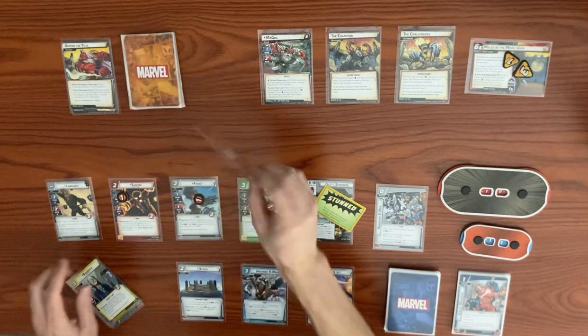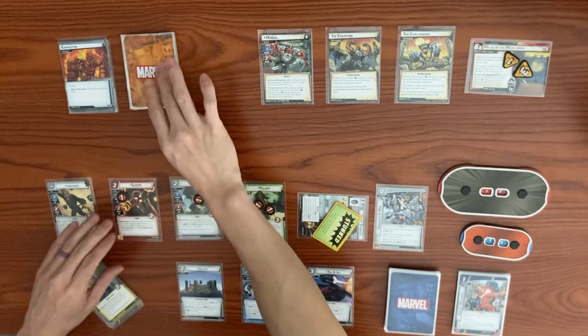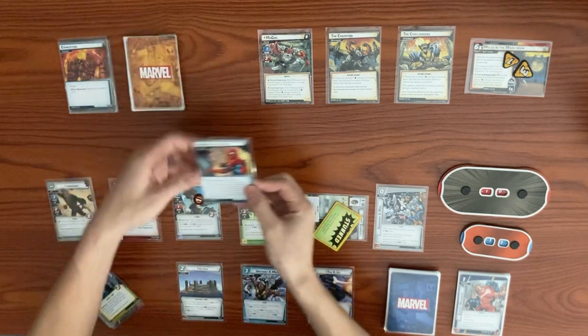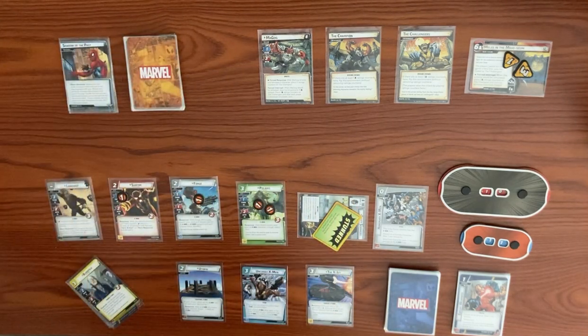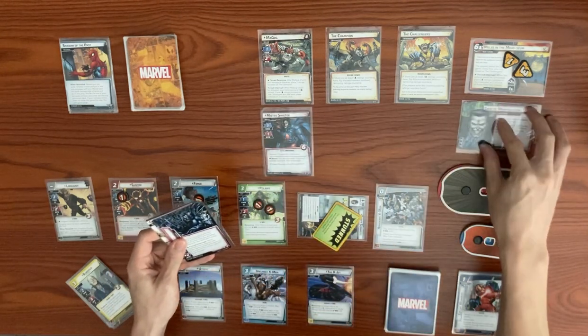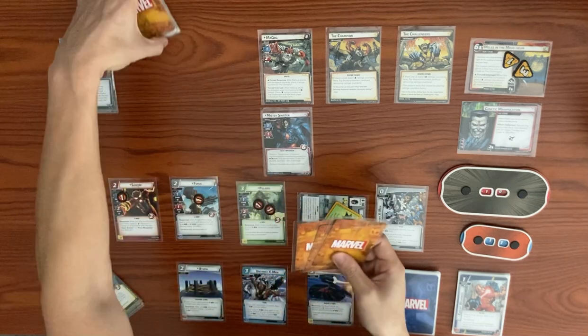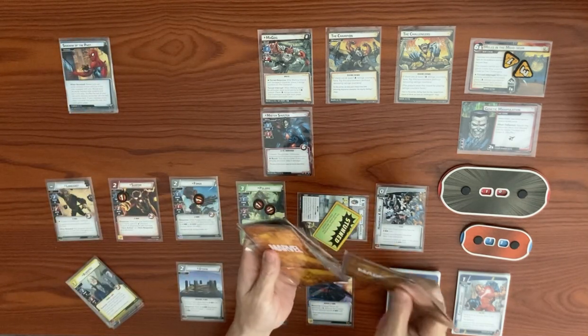So we get another encounter card here, which is Exhaustion. Exhaust your identity, and then that will Surge as well. Shadow of the Past. Okay, so we get Mr. Sinister coming in here. We get Genetic Manipulation, the Nemesis Titan, and we shuffle these 3 cards into the encounter deck, which is